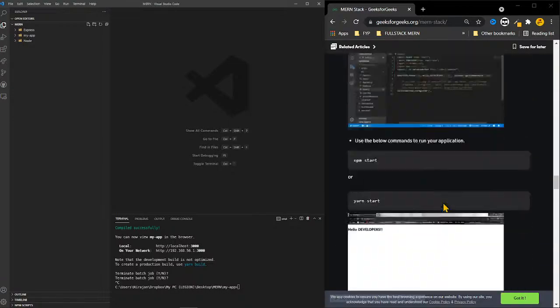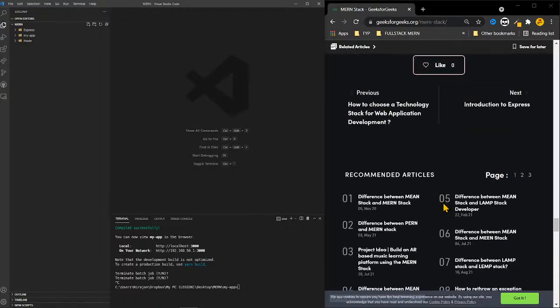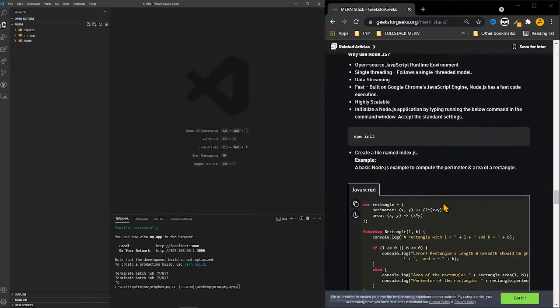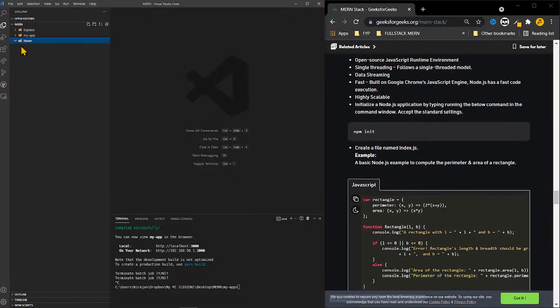Okay, Node. So we'll be doing that documentation later. First of all, I'm creating this. So this is the Node.js. So we are going to that folder. So if you do ls